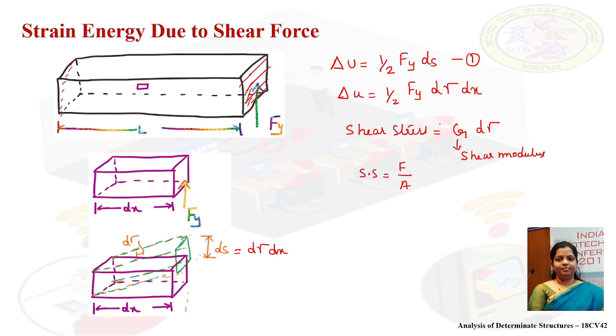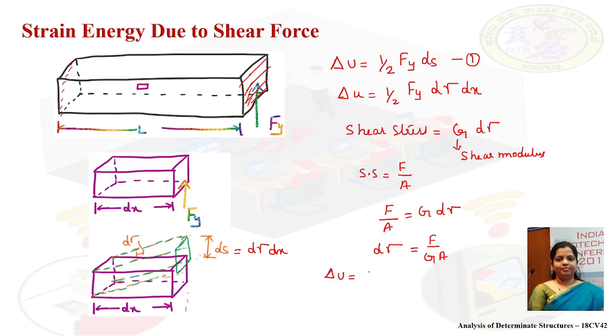So substituting the values of the shear stress, F by A is equal to G into d gamma. We can calculate the value of d gamma. This will be equal to F by G A. Now substituting the value of d gamma in equation 1,